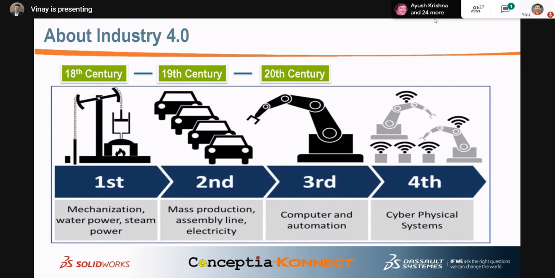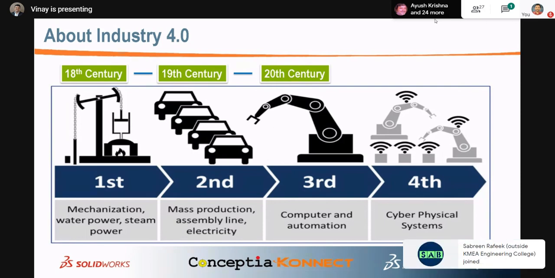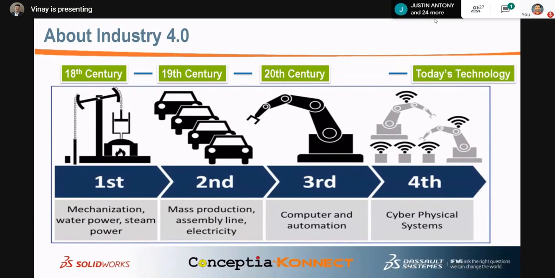Okay, so we actually got opportunities. With technology growing, we got the opportunity. It is not that we are losing the opportunity. By Industry 4.0, today's technology, they are telling about cyber-physical systems. Everyone is saying there will be a cut in manpower, there will be hardly any manpower at all, everything will be automated.